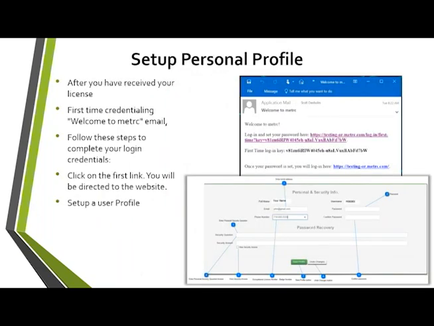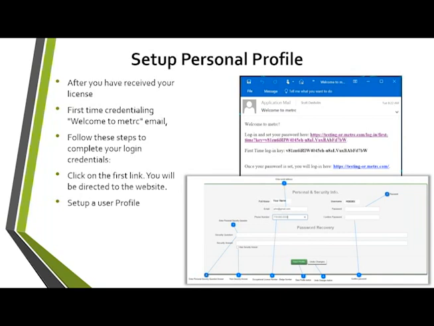All right, Sam, personal profile. If you're in person, that means you have already done this, but if you are online and have not done so yet, please make sure that the key admin or the owner of your facility has taken the new business training, which you can find on the scheduler on the Oklahoma partner page of metrc.com. So metrc.com/Oklahoma. You can go sign up for training. We offer it once a day, every week. So you can go and take one of those trainings.